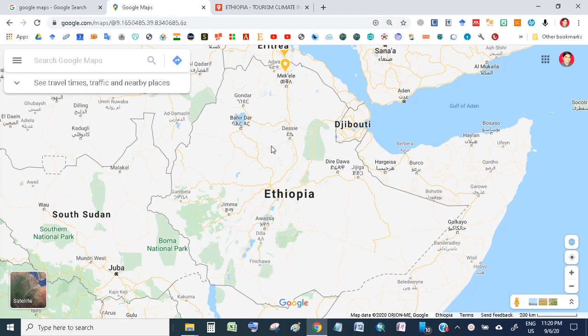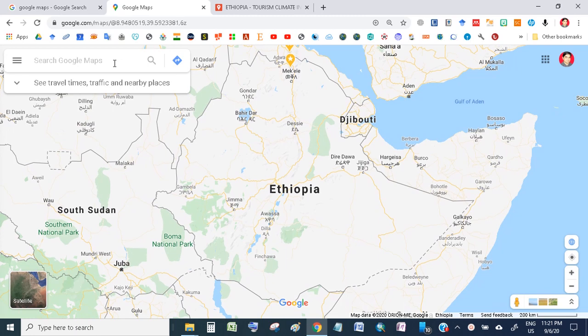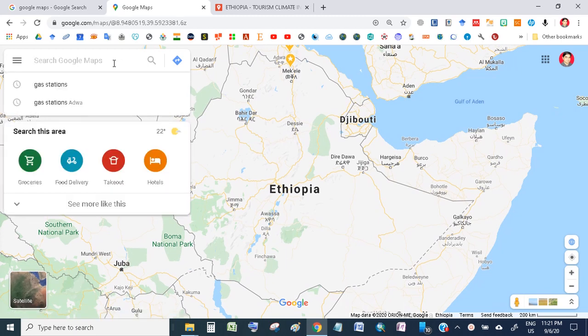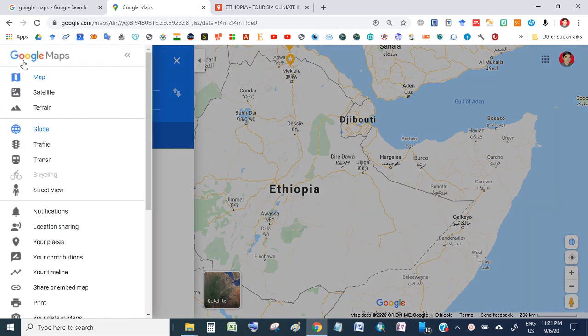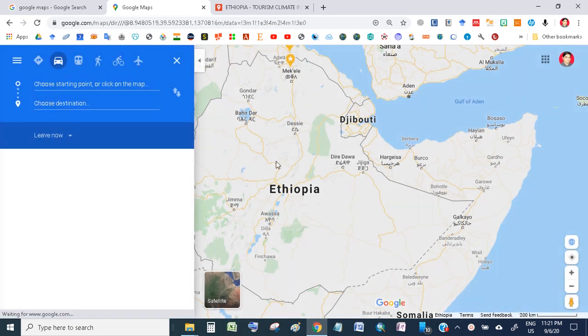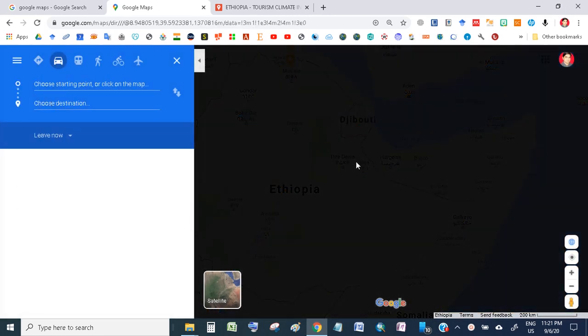Now we will talk about the Google Maps. So now when you will open the Google Maps in Google, you will find the interface like this. Here you can search any place. You can search the directions also, by giving the name of the two places here, and by here you can change from hybrid to satellite. Then it will be changed to the satellite map,